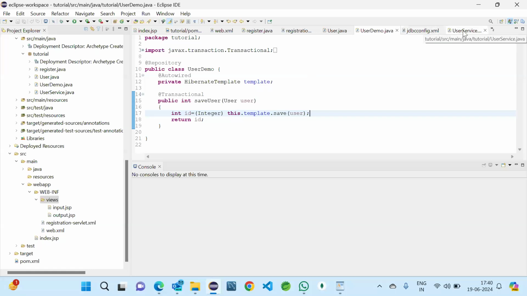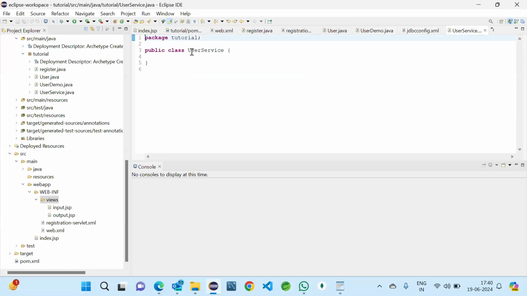So now we will create a class. We have the class, so we will make this class a service. So why are we doing all this separately? Because for the organization, the code should be easily understandable and readable. That's why we are doing multiple classes. So this will be used as the service layer for us, and we make it a service by adding the annotation, that is Service.